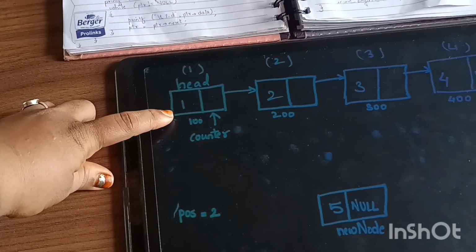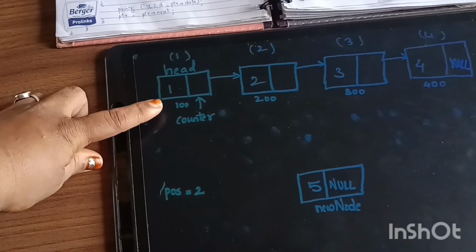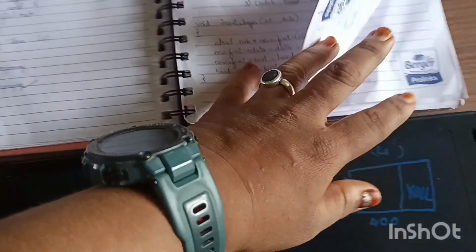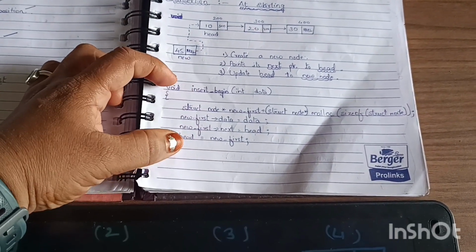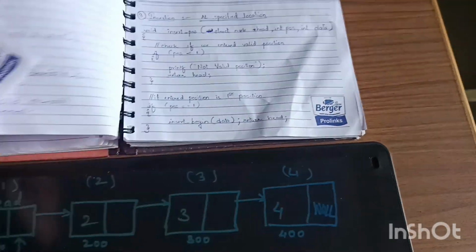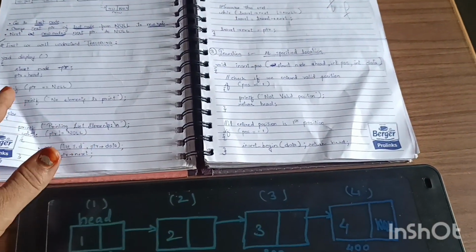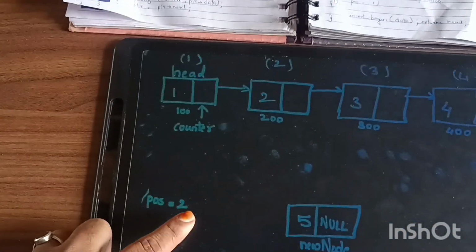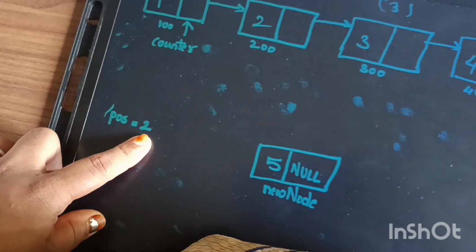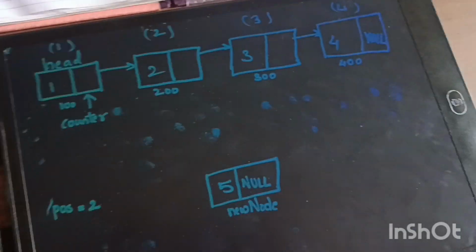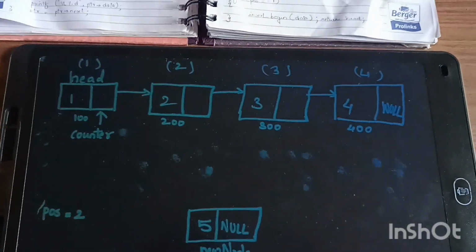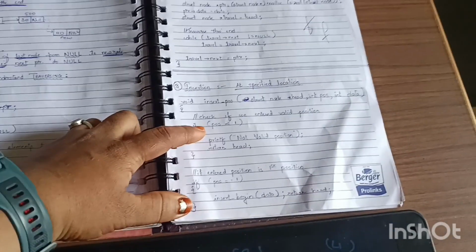So I have to call the function insert at the beginning, whatever we have studied previously, this code I have to call. First of all, I have to check whether the position I have described is present or not. Okay, so it should be more than 1. So what I am doing here, okay,